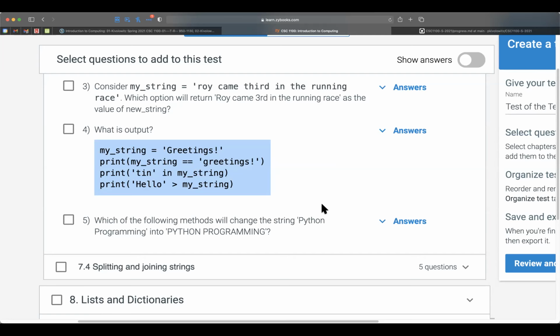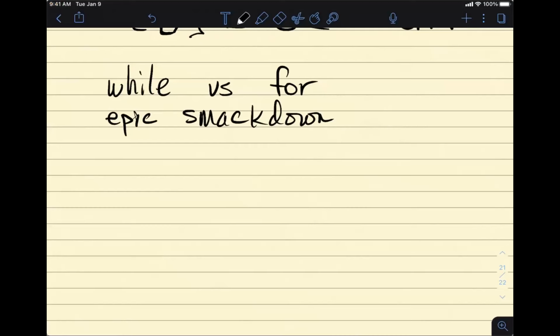So if you have something you can enumerate, like a list, a dictionary, the lines in a file, or you're going to enumerate a certain number of times, like with a range, then a for is a great choice. If you want, on the other hand, to create a loop where you have no real idea in advance how many times you're going to loop, then a while is going to be your choice. Does that help?